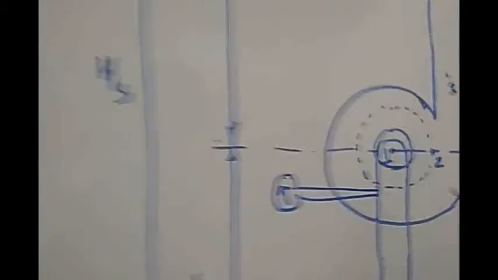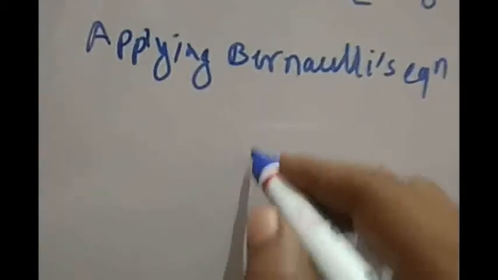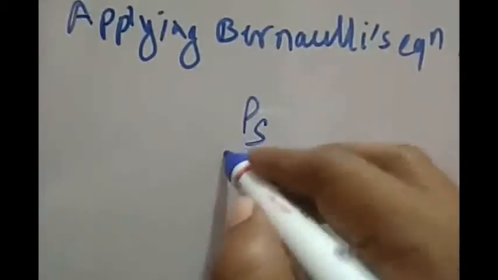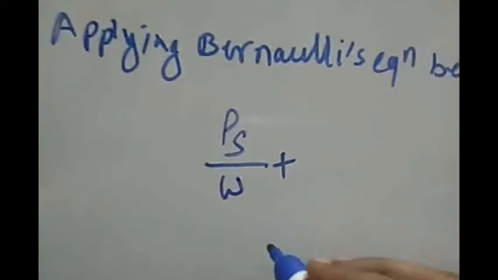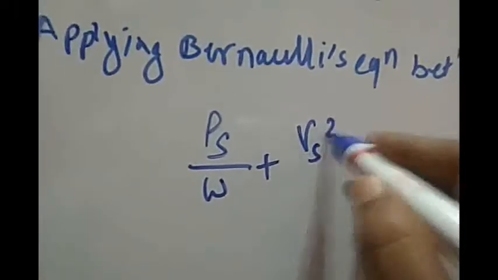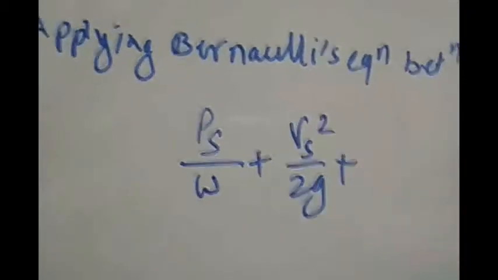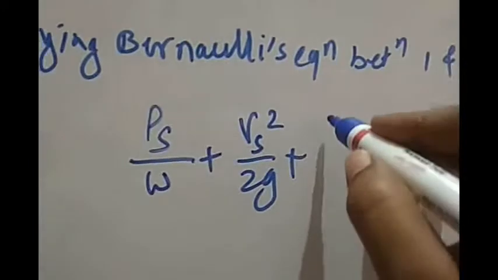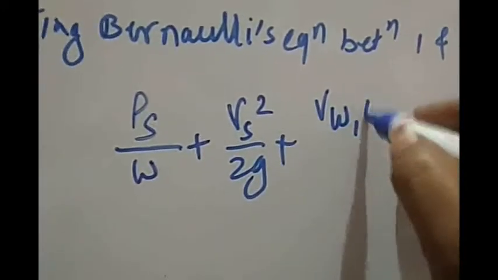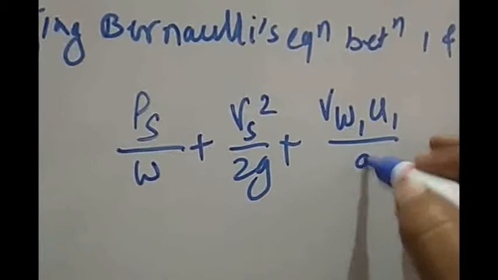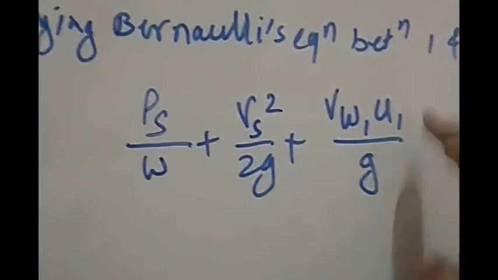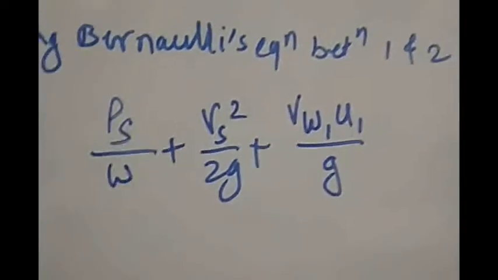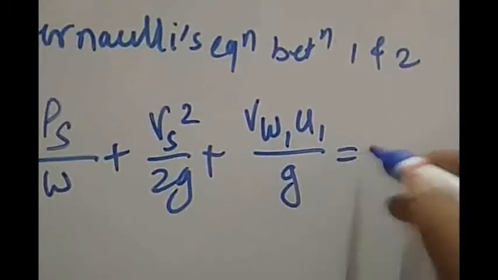So applying the Bernoulli equation between 1 and 2, I'll write at point 1 the pressure is Ps. So Ps by w plus V square by 2g plus the head imparted by the impeller, Vw1 U1 upon g, which is equal to